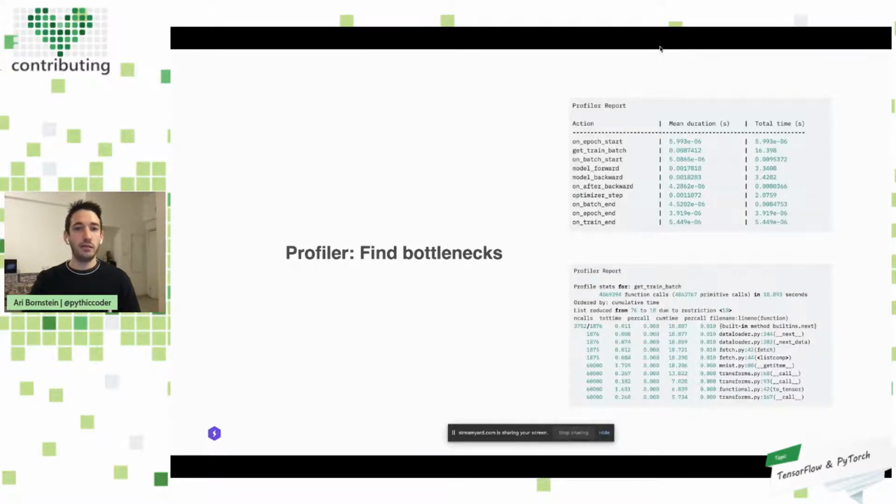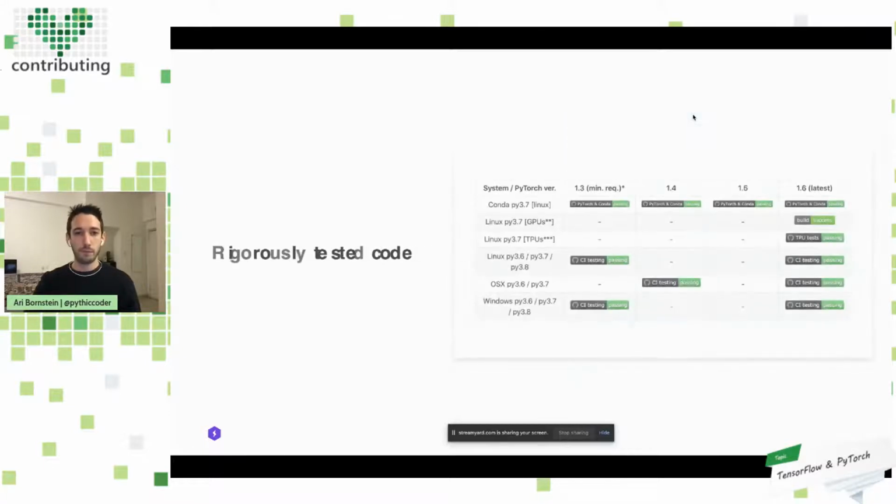Additionally, when we're training, we might often run into bottlenecks. I might train a model and be wondering, why is this taking so long? So PyTorch Lightning provides a profiler, which can show me on each of the hooks and each of the functions in my code how long they take and what their mean duration and total time is. And additionally, in the 1.2 release that actually just came out last Thursday, we provide native integration into PyTorch's profiler as well. So in addition to finding the bottlenecks within the different training hooks within Lightning, you can actually see it at a low level as well.